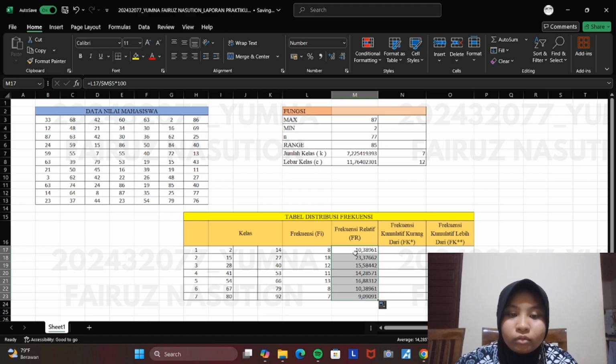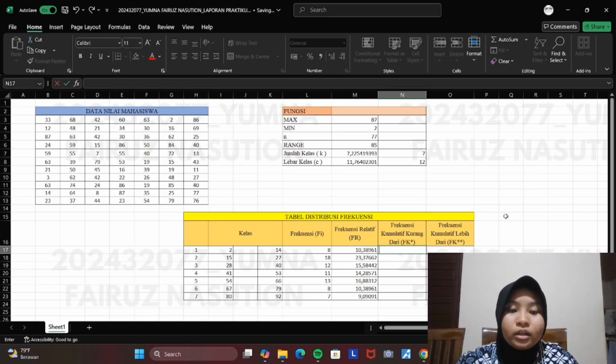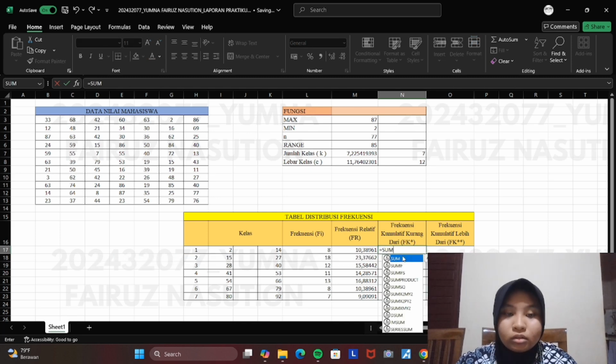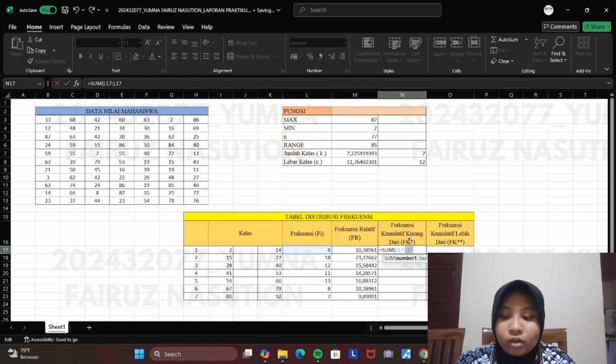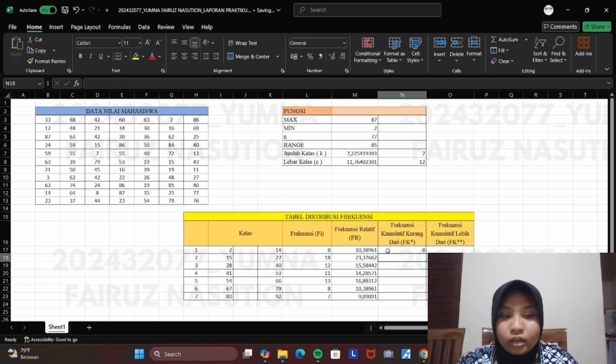If we pull it down, it will appear like the last time again. Now for the cumulative frequency less than, we use the sum, and we choose the frequency here and put the colon and block again and press F4. The same thing again, we pull it down so the formula goes the same.